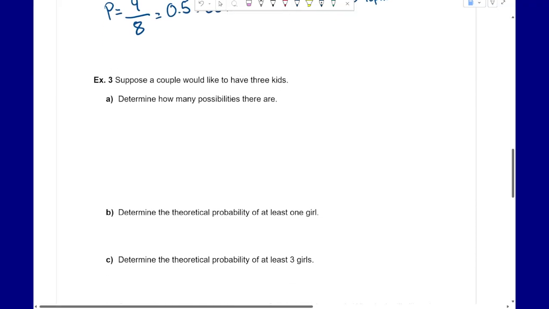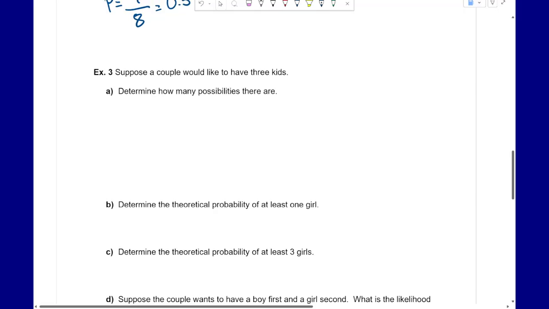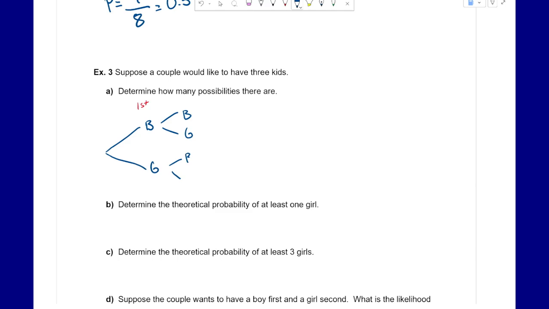Last example, suppose a couple would like to have 3 kids. Determine how many possibilities there are. So very similar to the last one. First child, boy, girl. Off of each child, boy, girl for the next one. And for the last one,